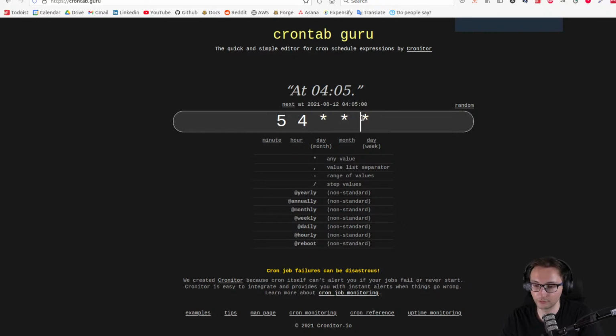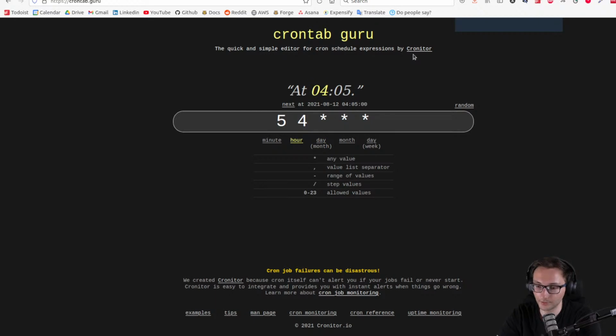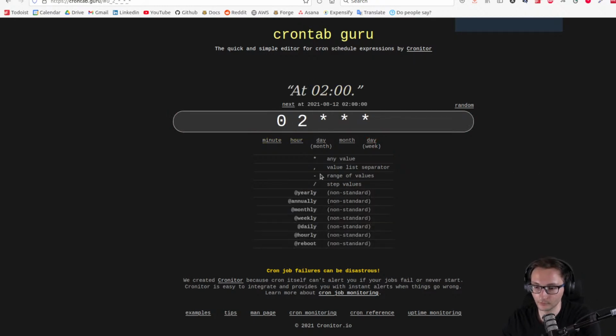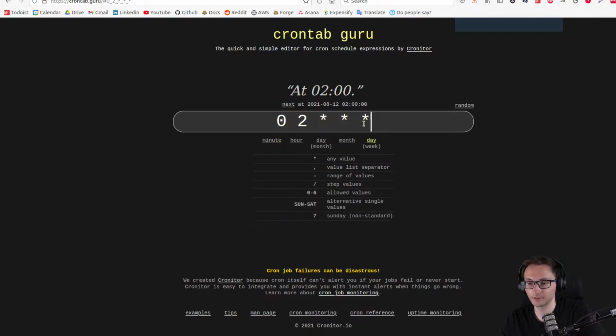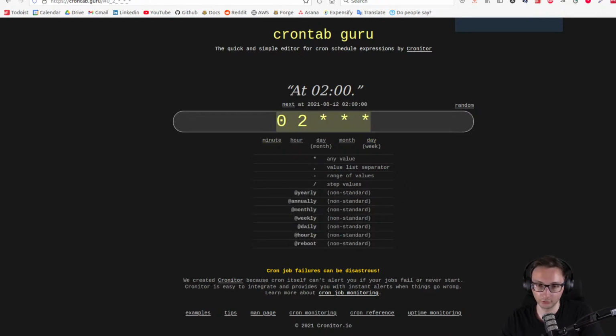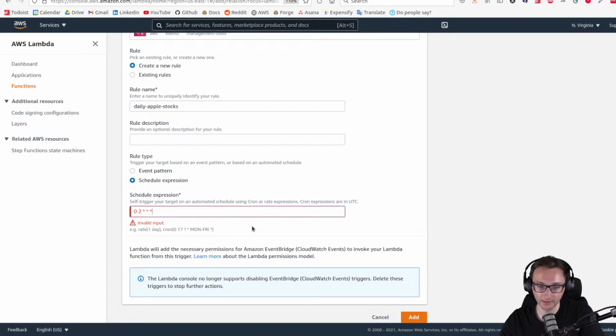expression. So if you want to run this script every day, you want an asterisk in place of the day. You specify the hour and the minute. Maybe you want this to run every 2 a.m. And every day. So if I'm correct, this cron expression will run the script, or if it was a cron job, then it would run the script every day at 2 a.m. So if we copy paste this expression here,